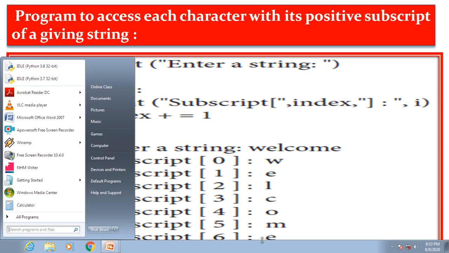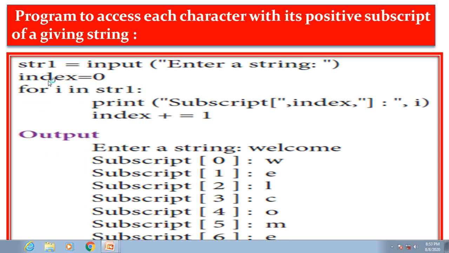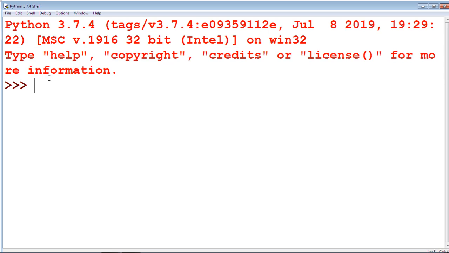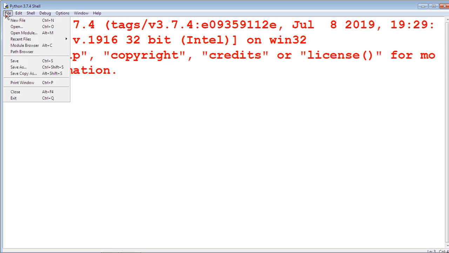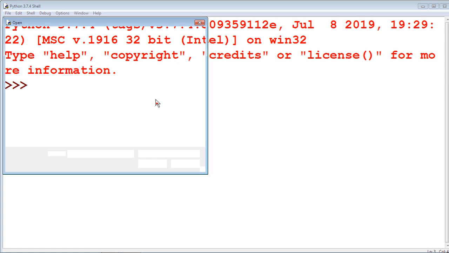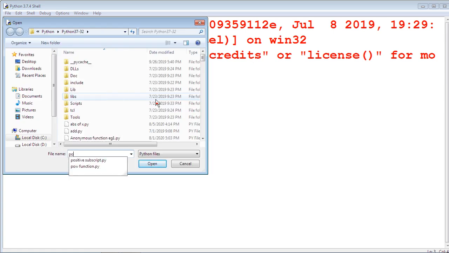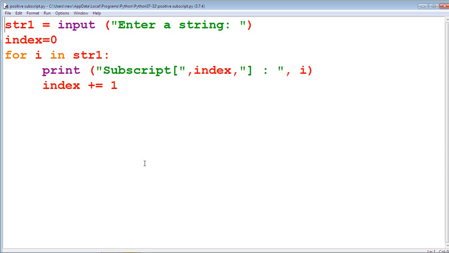We are going to see this example in the IDLE window. File, open, positive subscript. Now see this example. The str1 value is taken by using the input keyword from the keyboard.